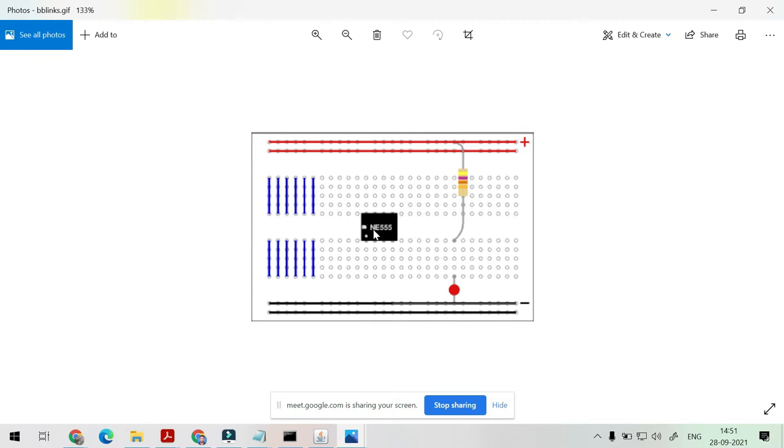I think you all know how to read an IC. In an IC we have a cut for identification, which tells which is our right side and which is our left side. On the right side we usually have the input power, that is VCC, and on the left, at the lowermost, we get the ground pin. So this is the simple Blackboard, and here we will insert our IC and pins and check our output.